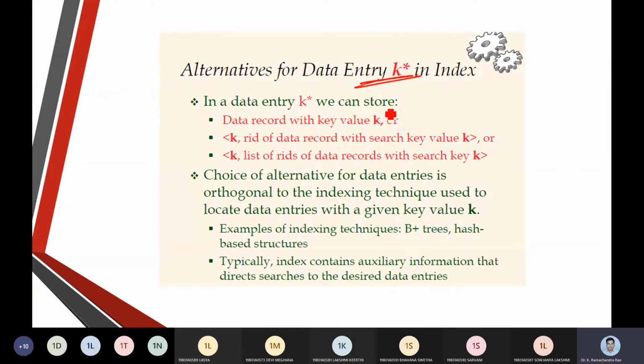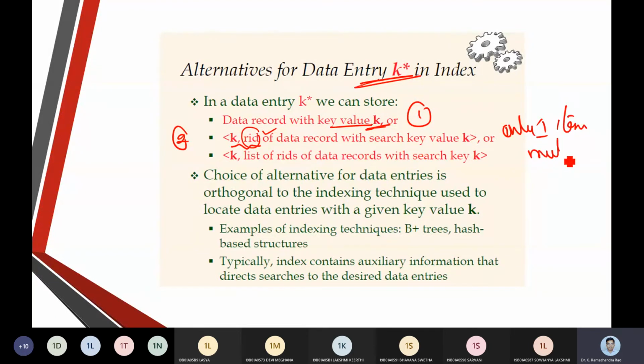The very first is that we directly give the k value. The second way of searching is k, that is nothing but the key value, followed by the record ID. So the record ID which is available for searching, we call it record ID. This is only for one item.